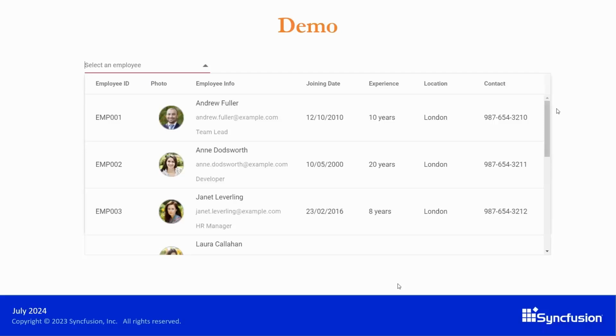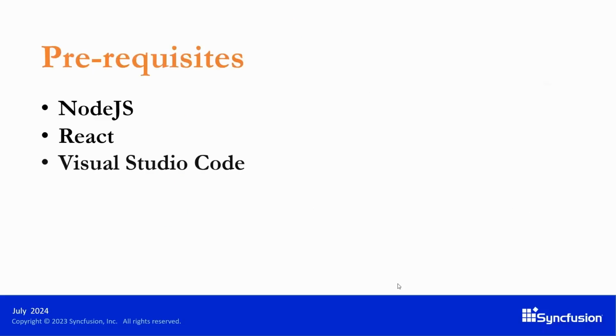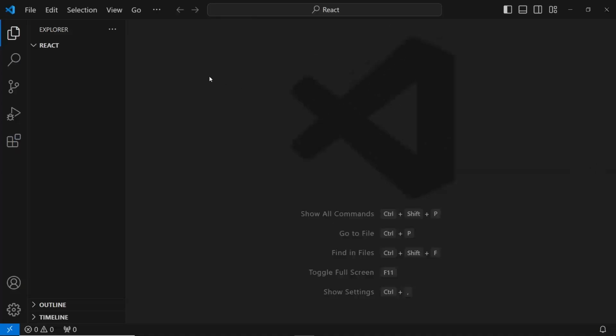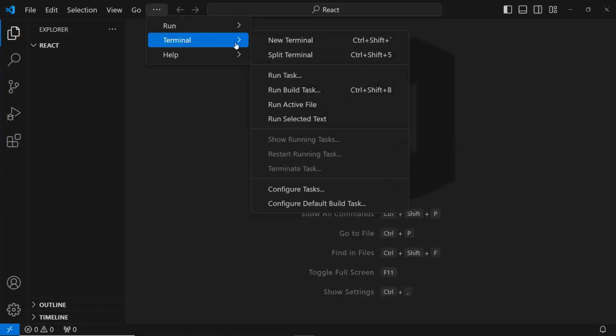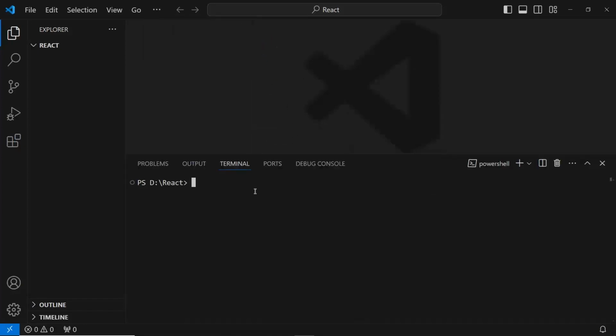To get started, we will first create a React app. Make sure your machine has the latest Node version and React versions installed. My setup is ready, so let me open the Visual Studio Code. First, I open the terminal and here I will type the command